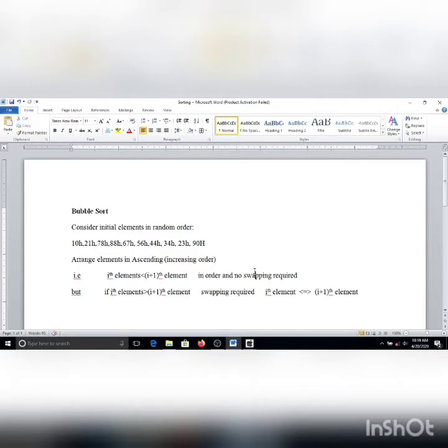Swapping means exchanging the locations of the respective elements. But if the ith element is greater than the i plus 1th element, we are not following the required ascending order, and in that case swapping is required. In swapping, the ith element is placed at the i plus 1th location, and the i plus 1th element is placed at the ith location.